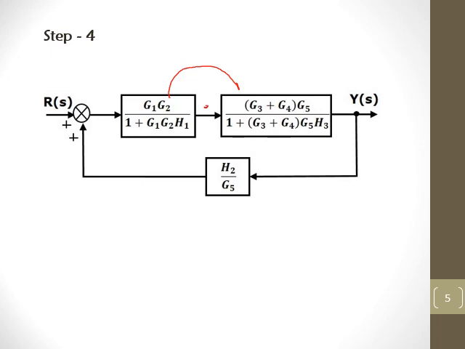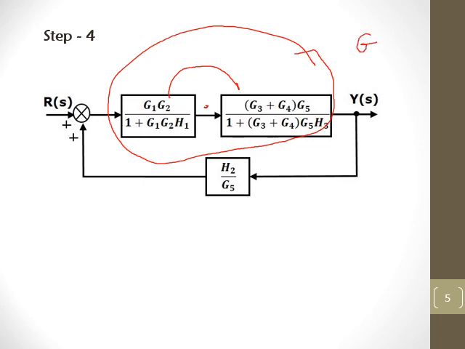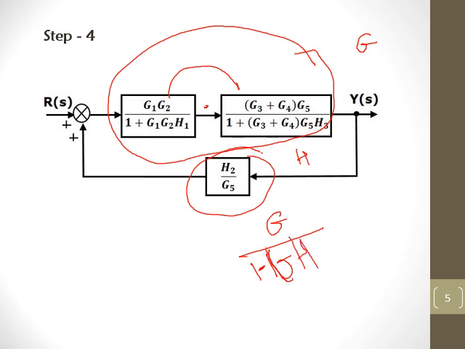And this block is across the forward path, that is, this path is actually the feedback path. So again we can apply the eliminating feedback rule. Look at this, now this complete is G, and this is actually H. So the eliminating feedback rule will be G upon 1, and now here positive feedback is there, so I will write minus: 1 minus GH. G upon 1 minus GH.